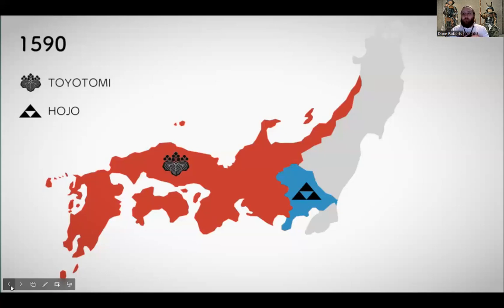And actually, the story is very interesting. So Date Masamune would at first attempt to ally with the Hojo clan against the Toyotomi clan, and that didn't work. And then Toyotomi Hideyoshi did what he typically does. He's like, "Hey, come ally with me, become my vassal, and I will not invade your area." Date Masamune was like, "No, I don't want to do that." And then eventually he was sort of like, "Yeah, I guess I'll do it." And he was ordered to help lay siege to the Hojo clan, but then he was late. He didn't make it in time.